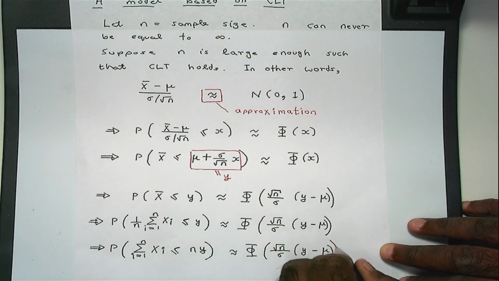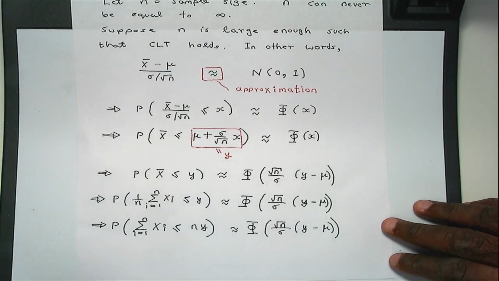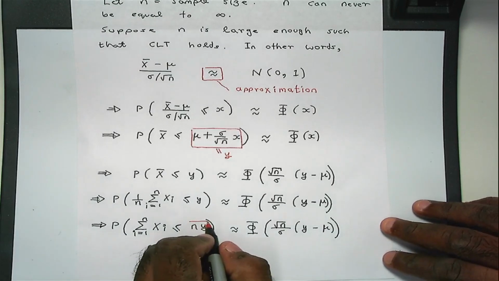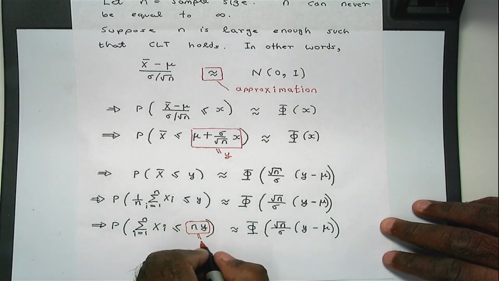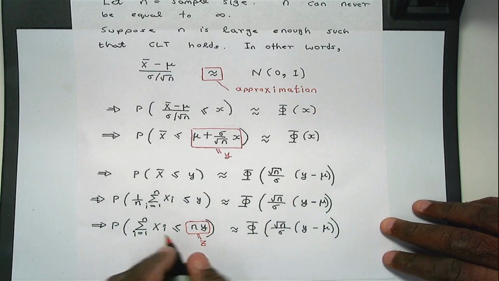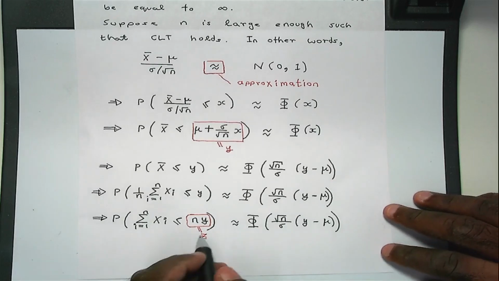Now I'm going to make another transformation or substitution. Let me call this here equal to z. So y will be z divided by n. So this will be